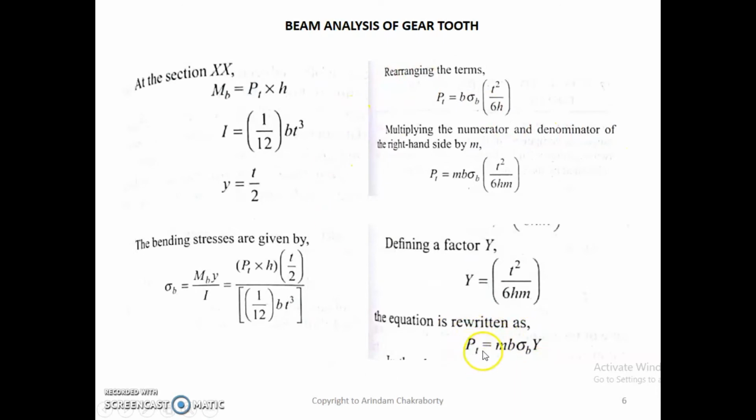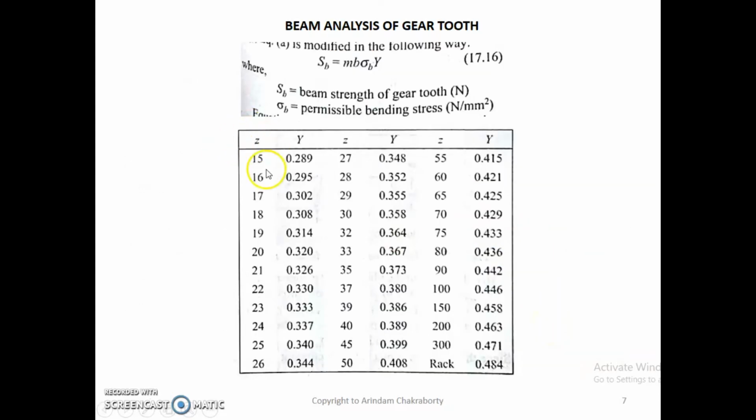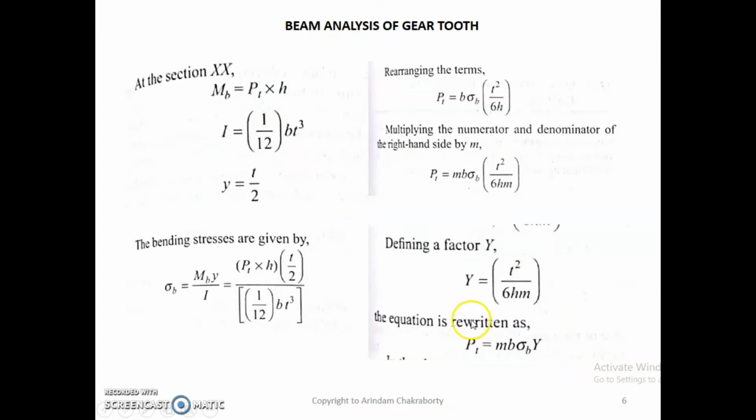So what they have done, they have just rewritten the PT as SB, S suffix B, that is strength of beam or beam strength. The same thing in another form. So if I could calculate Y with respect to the number of teeth as it is given, this will actually help me